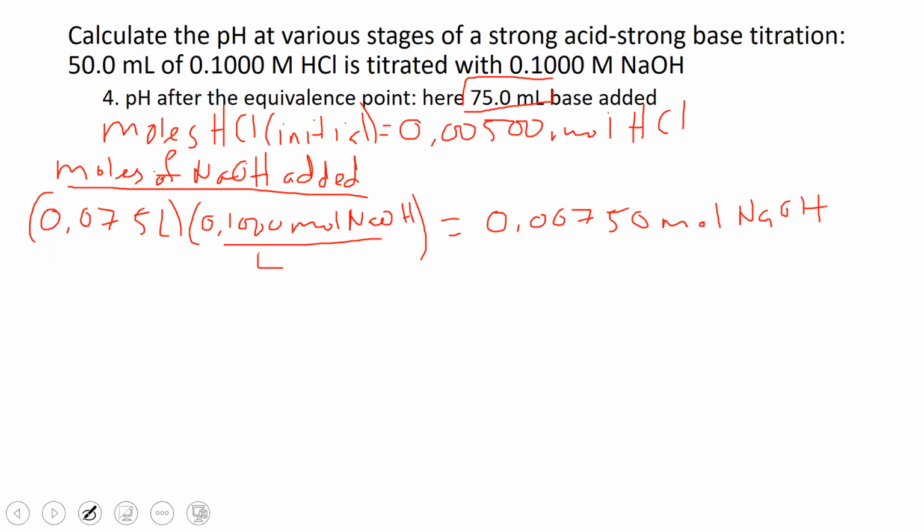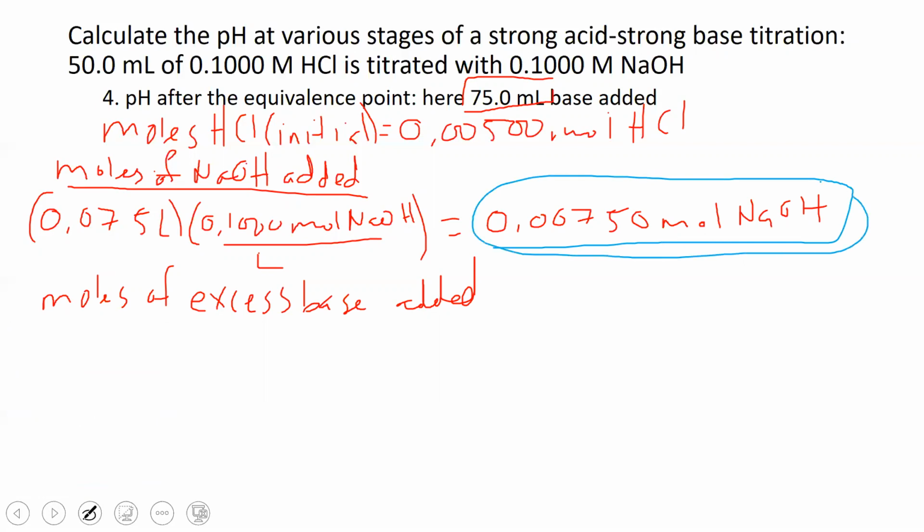So here, the next calculation we want to do is say, well, what are the moles of excess base added? Right, and that's really something you should be able to see by the fact that this value for the moles of sodium hydroxide is larger than the value for the initial moles of HCl. And so we can use that to our advantage and say, okay, well, 0.00750 moles of sodium hydroxide